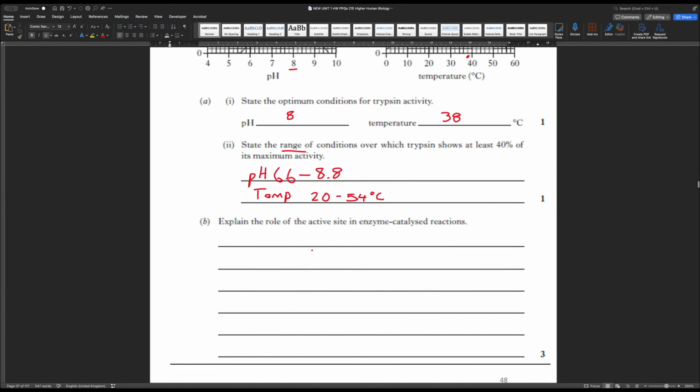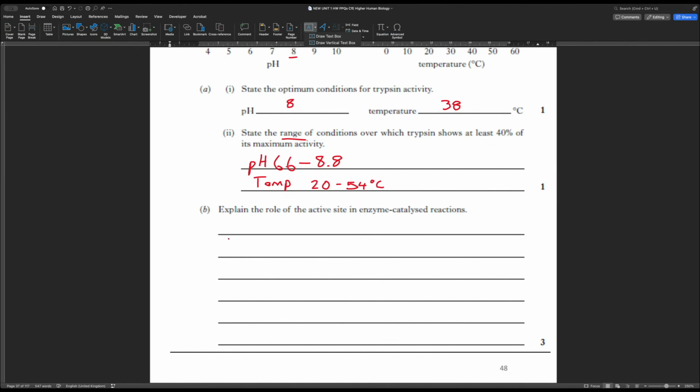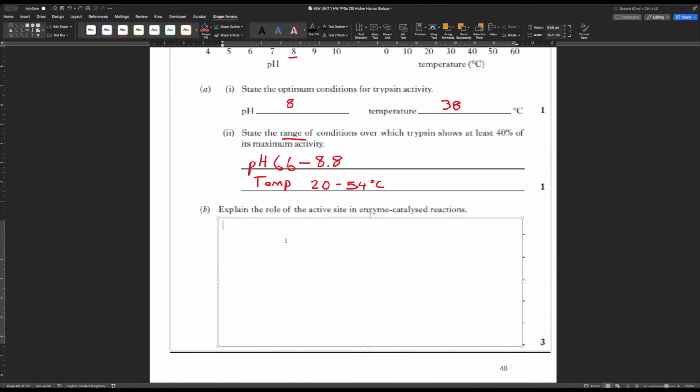Okay. Explain the role of the active site in enzyme catalyzed reactions. Okay, now this is a 3-marker. So the kind of things that it's looking for here. Let me get a text box so we can type it. Right. So the role of the active site. So we know that the active site